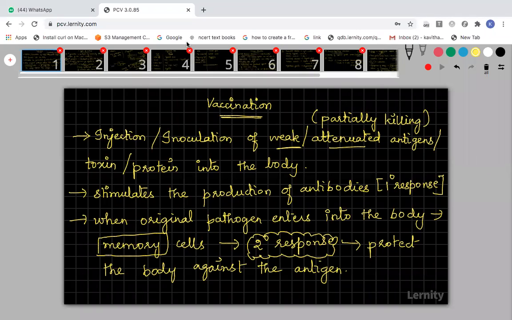Because of this, she should not get frequently infected with common microorganisms that are present in air. So that's why the TT vaccine is given. The TT vaccine is given for the 3 trimesters: one in the first trimester, one in the second, and one in the third. This is to avoid infection entering the mother, and also from the mother it should not enter the fetus. That's why they give the TT vaccine to avoid that infection.